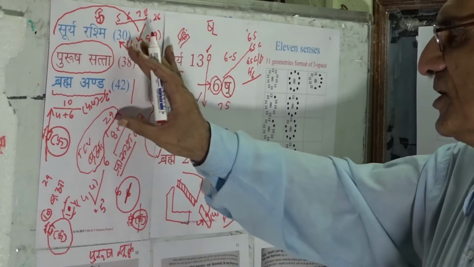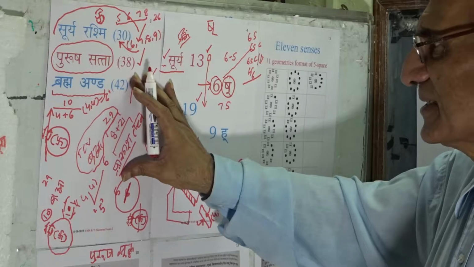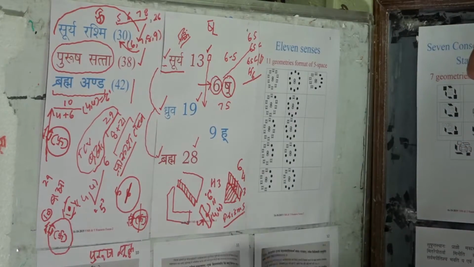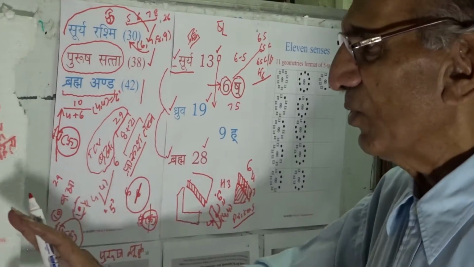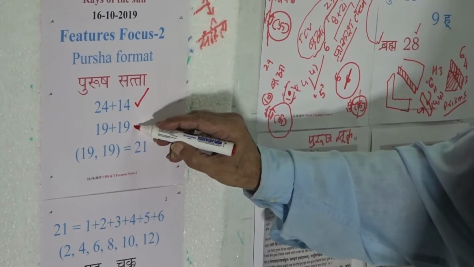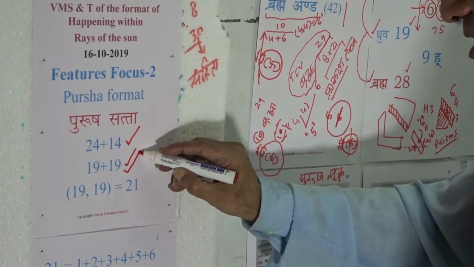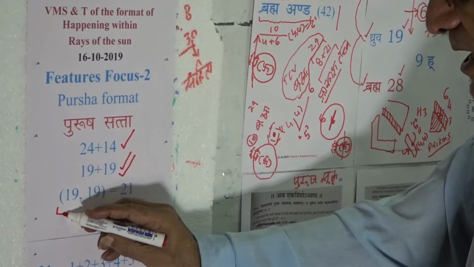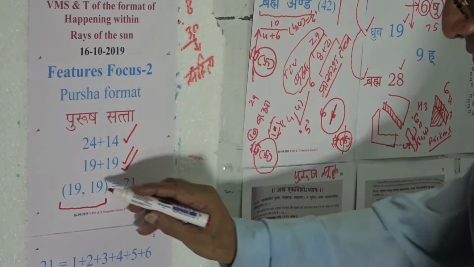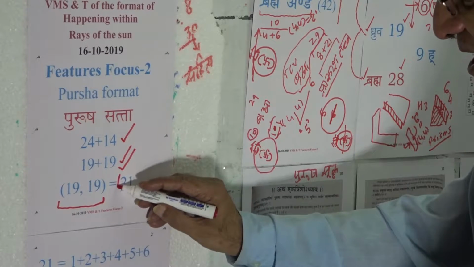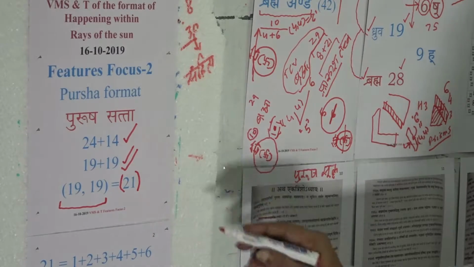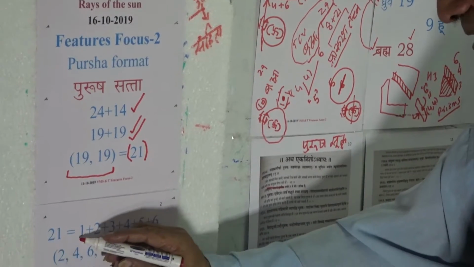So Surya Rashmi takes us to Purusha Satta. The Purusha Satta is a formulation of TC value 38 which accepts an organization 19 plus 19, and we know that a pair of dimensional axes of value 19 will synthesize value 21, and further we know that value 21 is of an organization 1